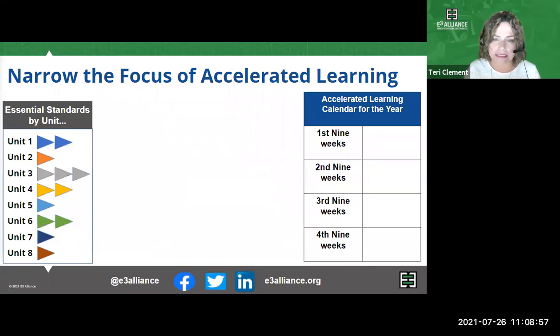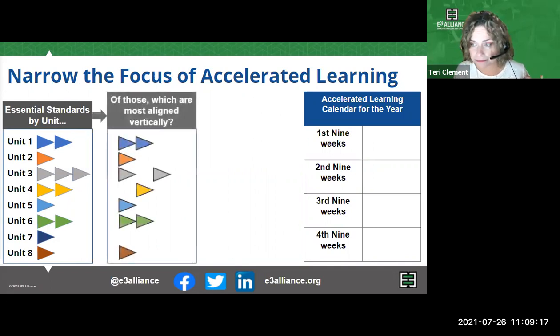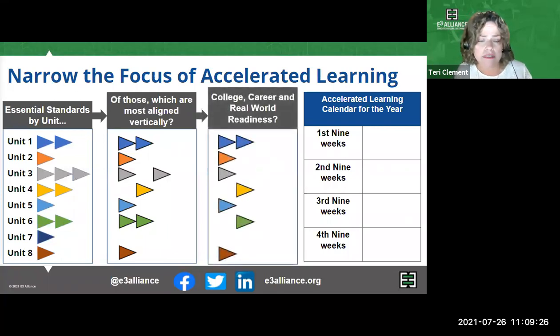Once the most essential content standards have been selected by unit, the next step might be evaluating which of these is the most aligned to readiness for success in the next grade level. In our example, 10 of the 13 standards were directly linked to readiness in the next grade level. Another filter that you could use is to look at which of them are most vertically aligned, and also which ones are most aligned to college, career, military readiness standards, really keeping an eye on the big picture as far as our course and its experience for the students in the big picture of their whole trajectory.